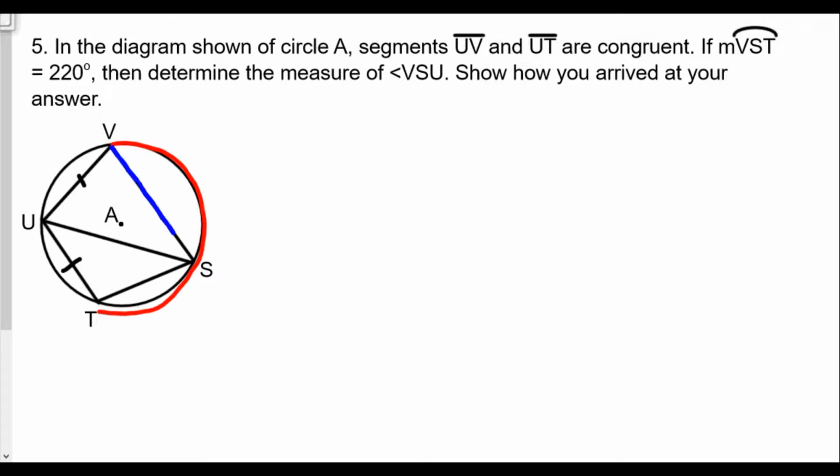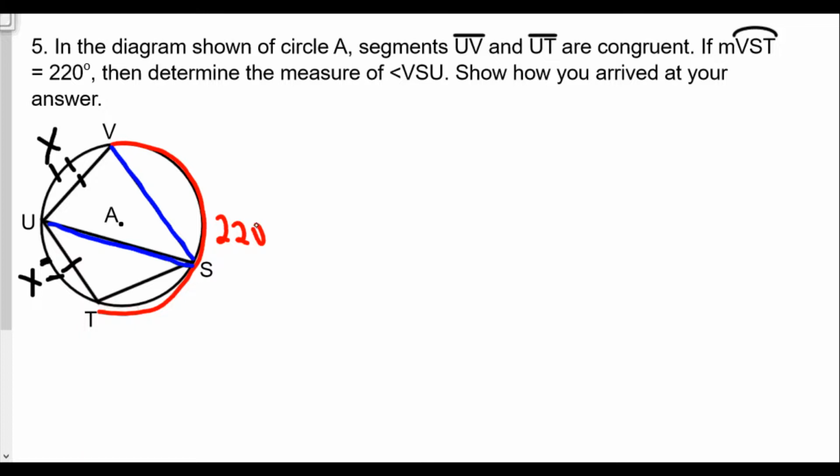So now no multiple choice to fall back on. But a couple of things. We learned in the last lesson that if two chords of a circle are congruent, here UV and UT, then arc UV and arc UT must also be congruent. So what we can do is label both of these arcs as x,